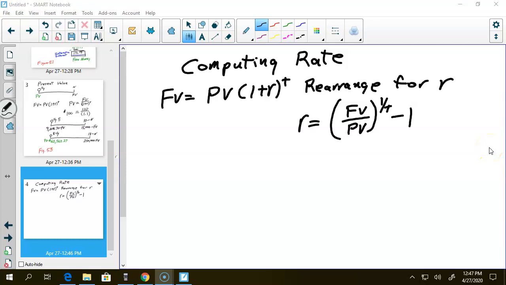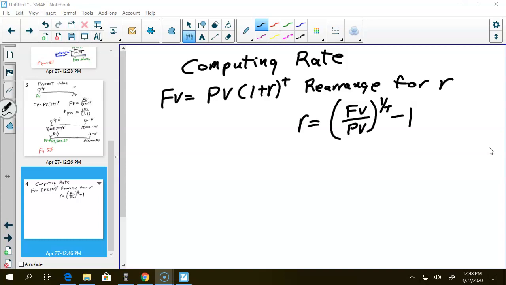Okay, we're continuing on with our time value of money. Now we're computing rate, our interest rate, finding out what interest rate gives us different present and future values. One of the things that we're dealing with here, when we talk about rate, depending on what we're talking about,